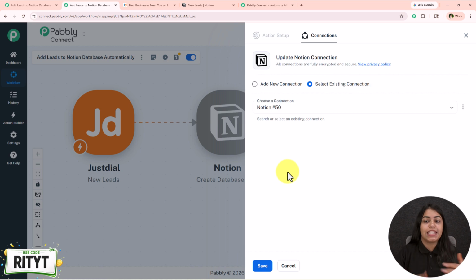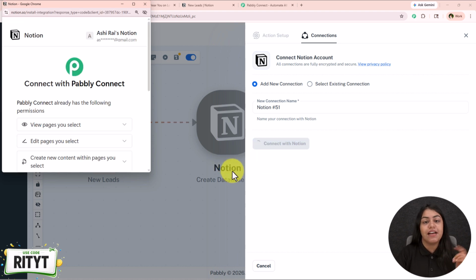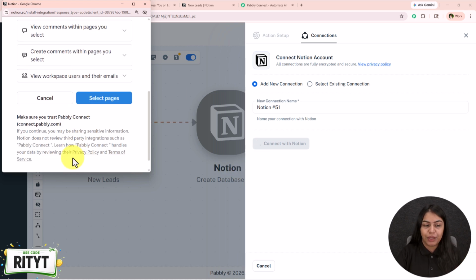Now if you already created a connection between Notion and Pabbly Connect, then click on this select existing connection and then save. But if you haven't, follow me, click on add a new connection and then connect with Notion. Now what you have to do is make sure that your Notion account is logged in before starting with the automation. If yes, then you can simply select the pages directly right over here, and if no, just